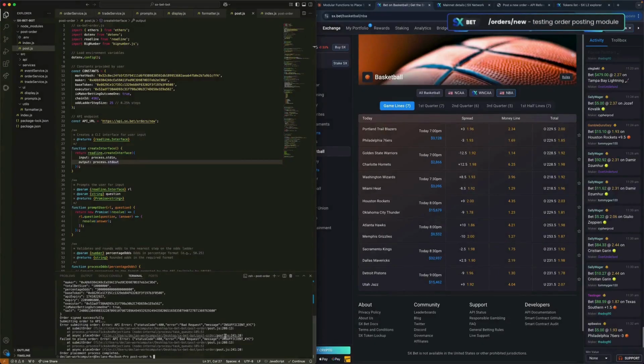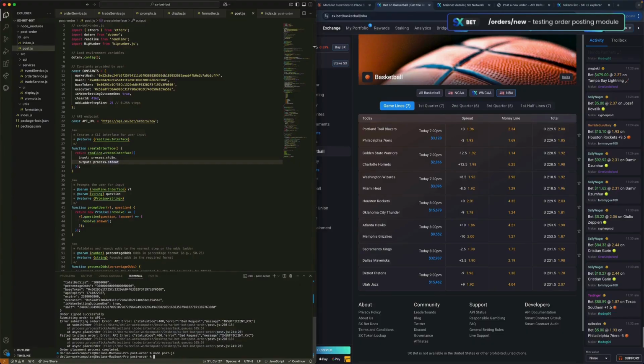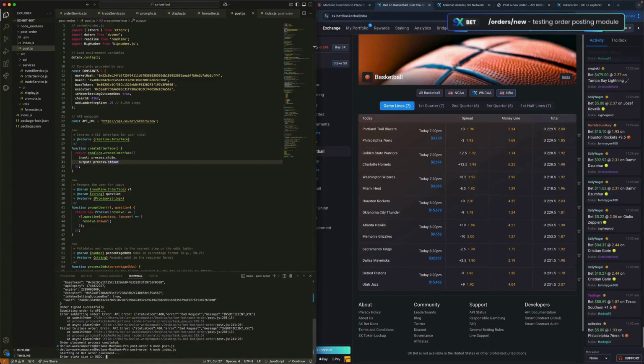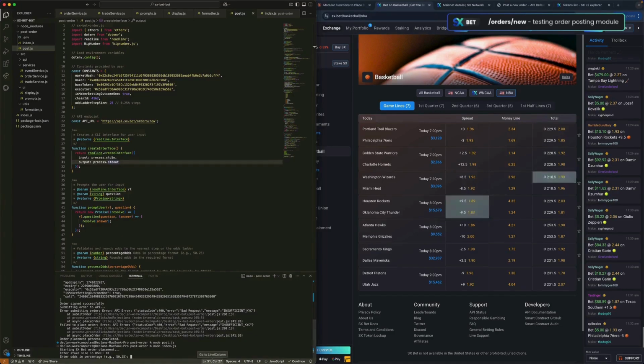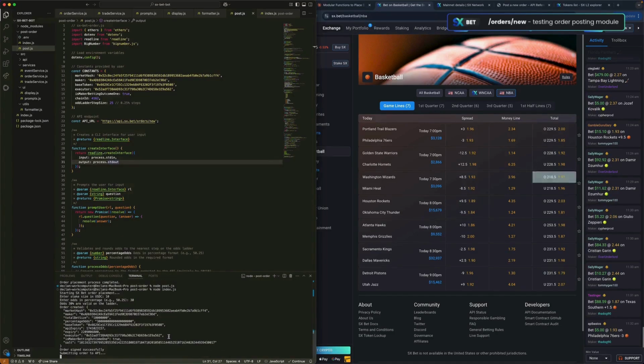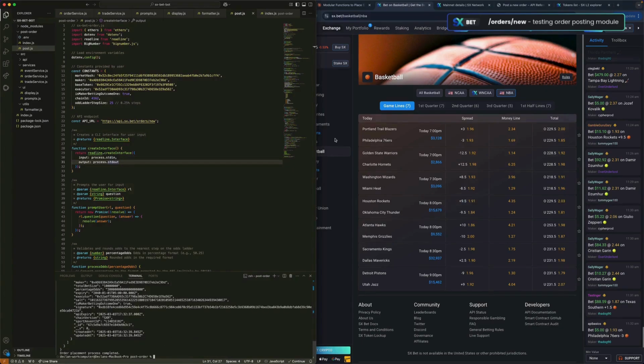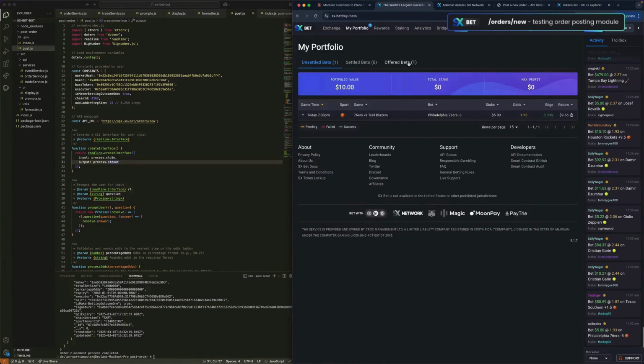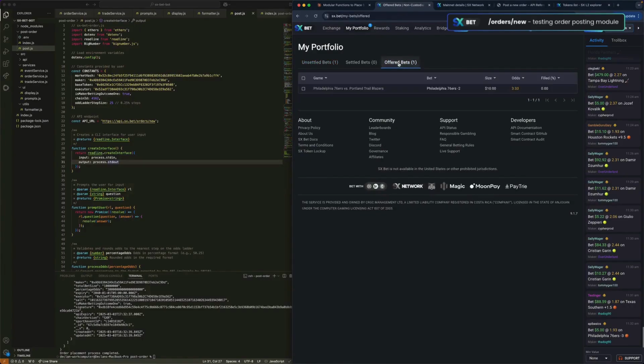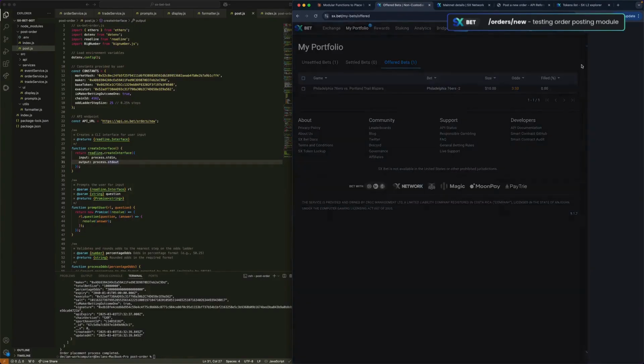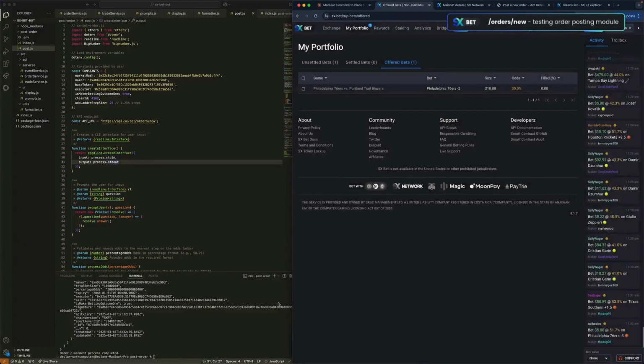So now let's head back here and try this with those changes made, or sorry, node index.js. And let's say 10, and let's do 30% odds. Great, so now it looks like our order has been placed. In fact, if we go check here, we can see that at the 3.33 odds, or 30% as we entered,